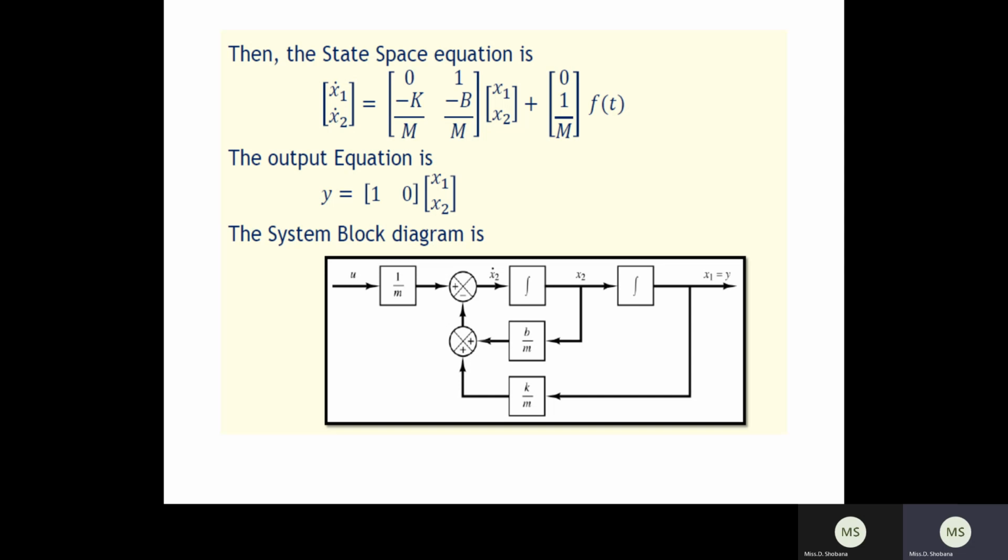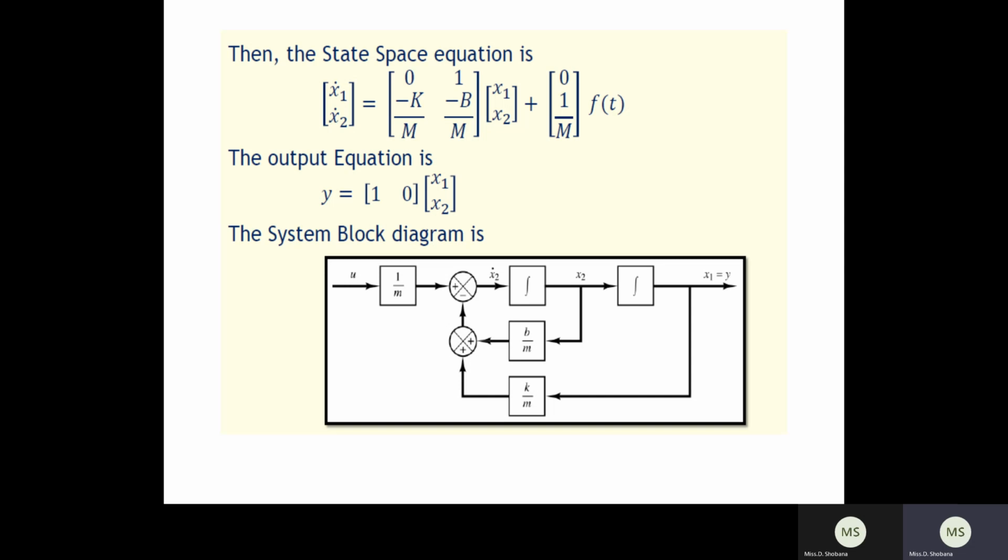So now we are going to determine the two values. So here you will be having x1 dot is equal to current through the inductor. Current through the inductor is nothing but i of t. Okay, so i of t has been taken as the first state variable, and then the voltage across the capacitor, which is nothing but integration of i into dt. Okay, so x2 dot value that will be. So here you can obtain the y. y is nothing but your voltage across the capacitor only. You can write that also.